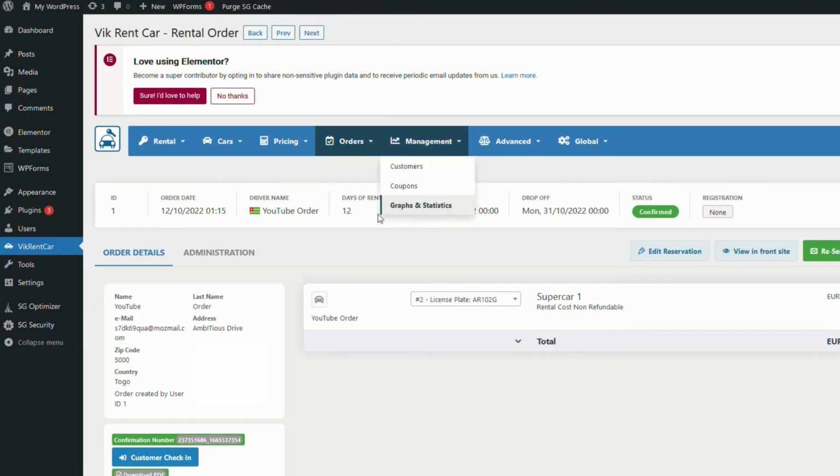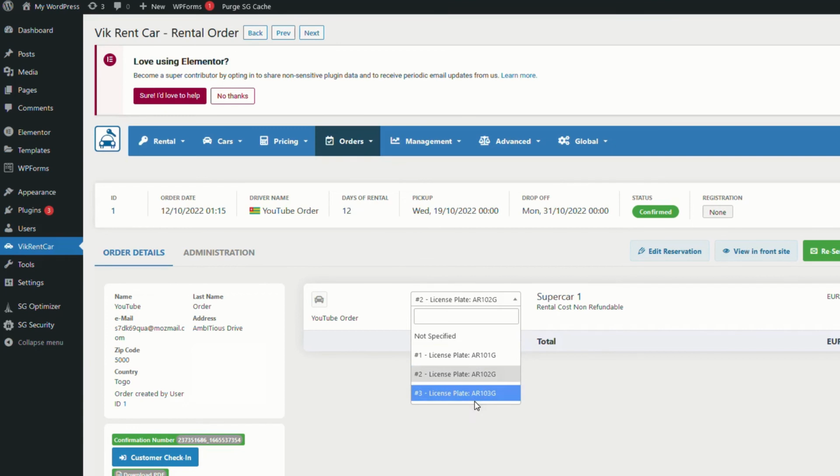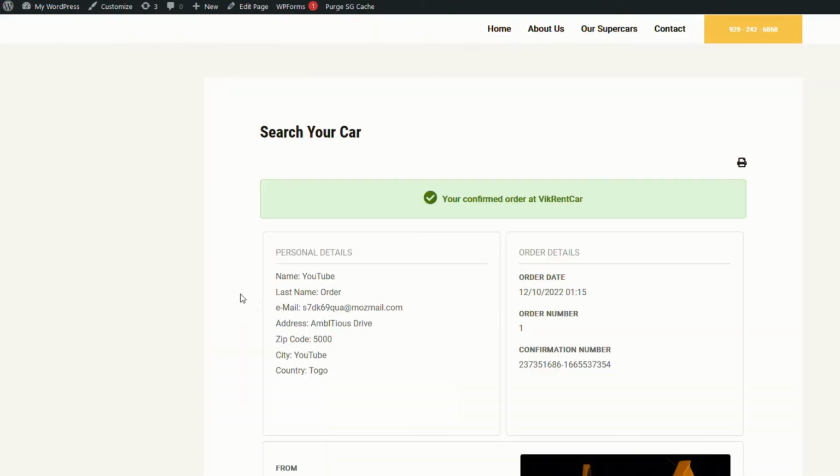obviously this is dummy information, but you can update a few of the items in here. So the system will automatically allocate a vehicle. It's allocated this one, but we could change this to be one of the others if we needed to for whatever reason. The other thing we can do is we can resend out the email for the confirmation, and we can also click this button here and it'll show us what the order looked like for the user that did the booking. So if we just click on that one, you can see the confirmed order, and this has got